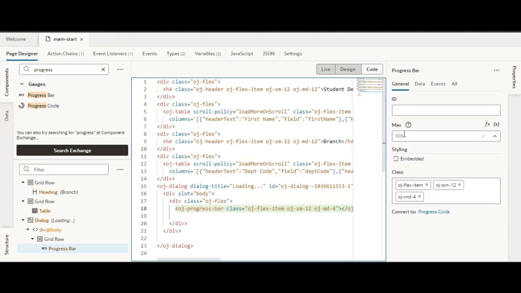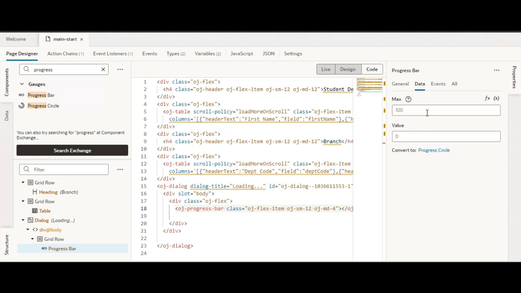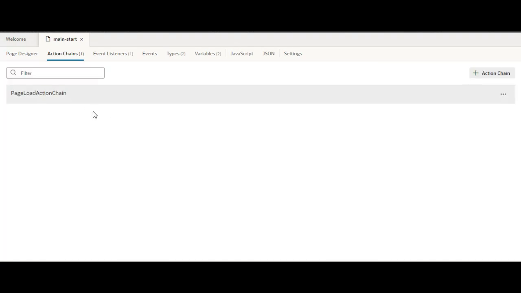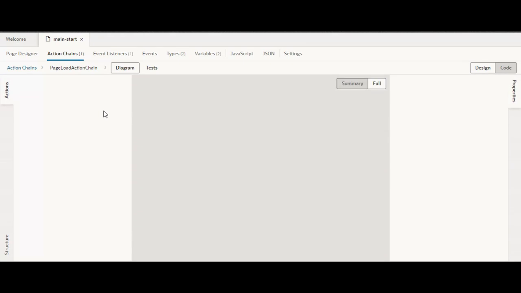Now here you see the maximum value is 100, and you can give a value from 0 to 100. If you give 5, you'll see that the progress bar is divided, with some portion filled for 5 and the rest empty. Similarly you can make it 50. Before that, we have added the progress bar to the dialog. Now let us call the progress bar